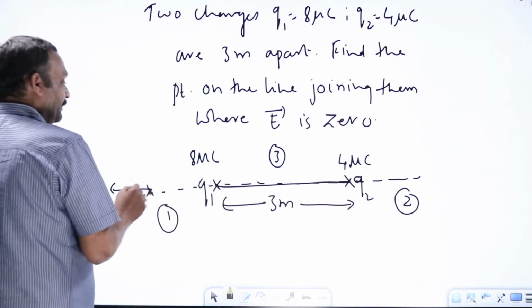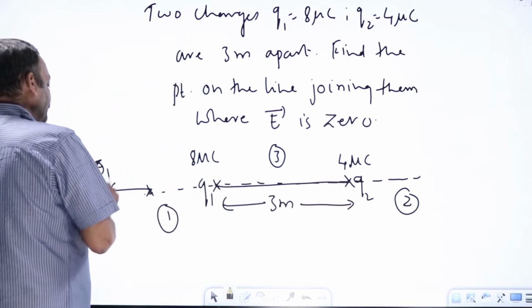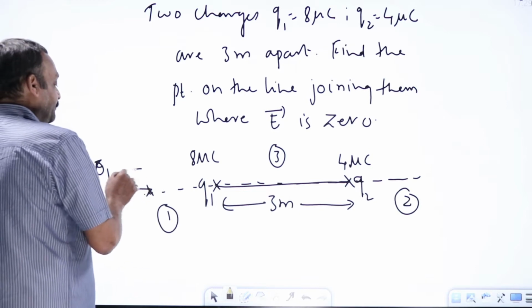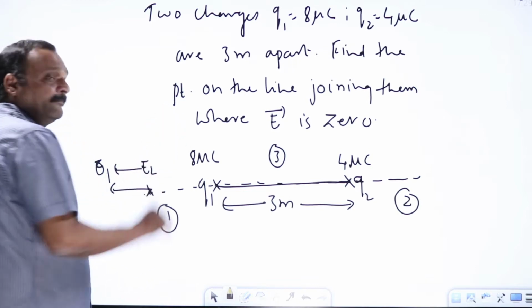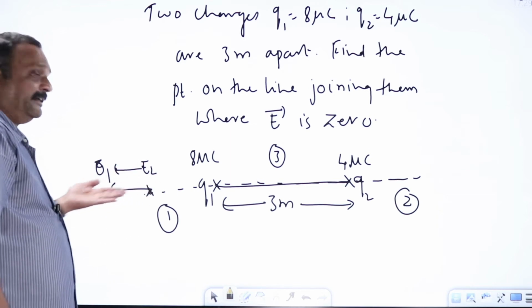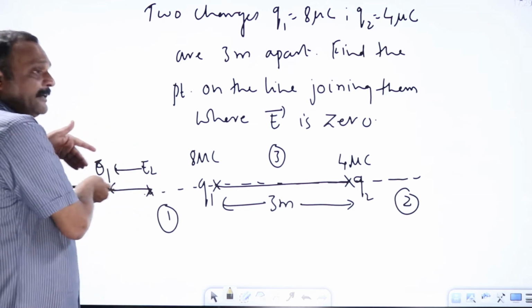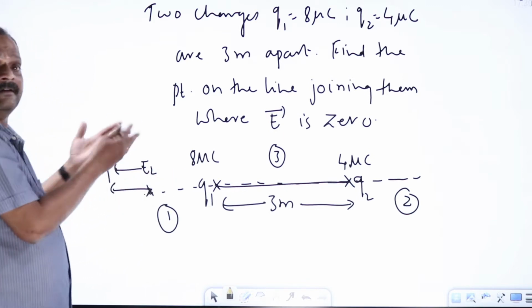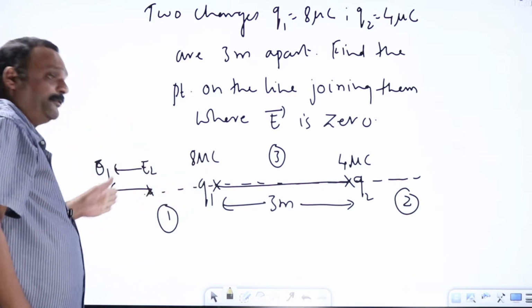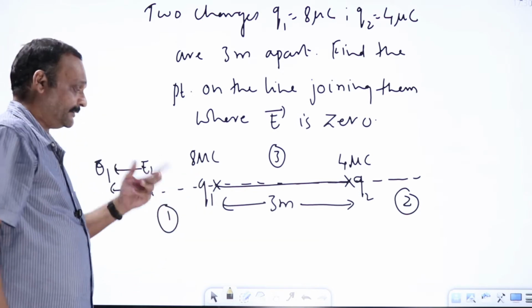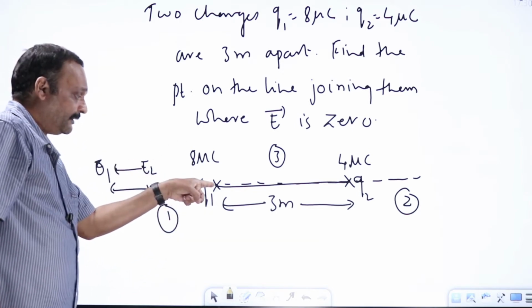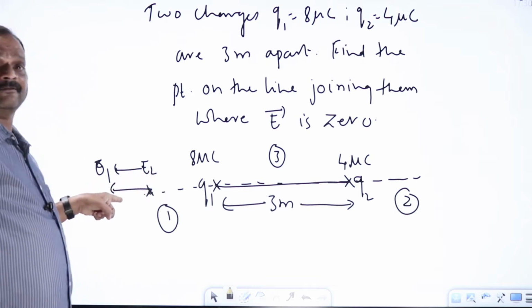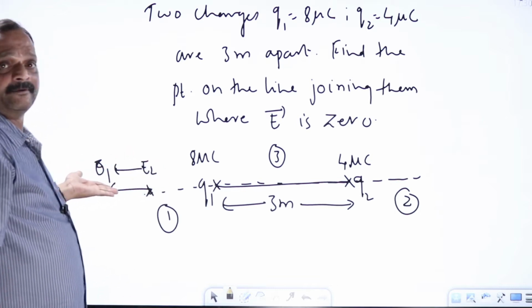Means at this point, due to Q1, electric field E1 will be like this. Due to Q2 also, the electric field will be like this. Both electric fields are in the same direction, so they will get added up. So whatever the distance here, the electric field cannot become 0 to the left of Q1. Only at infinity it may become 0, which is a different case. Electric field cannot become 0 to the left of Q1 because both the electric fields contribute